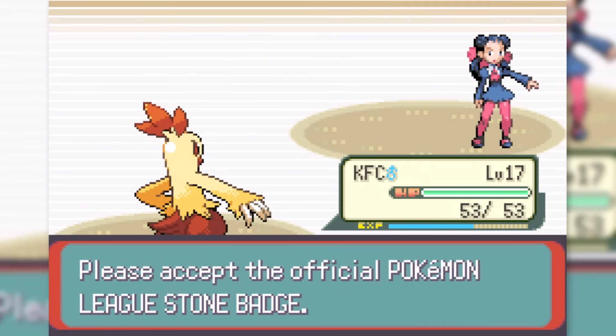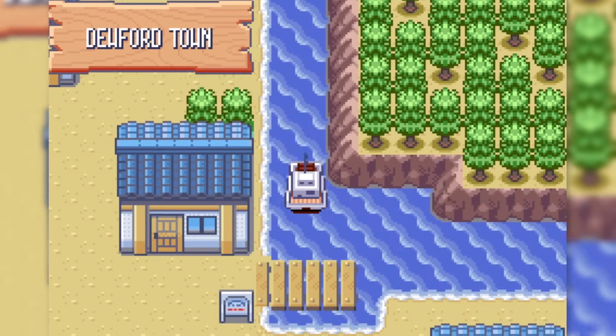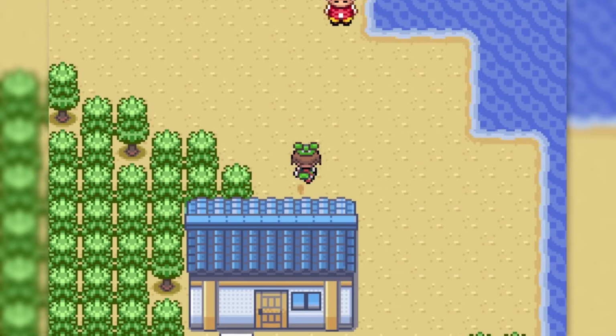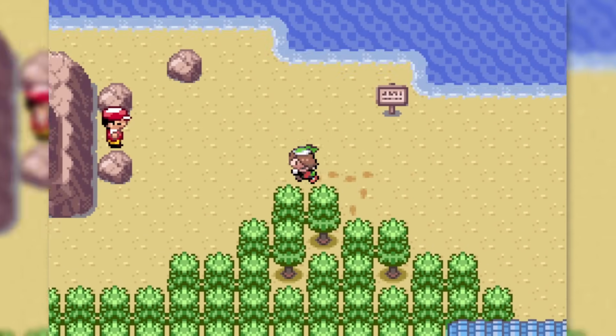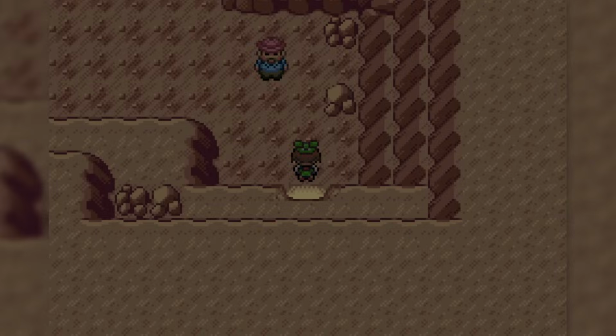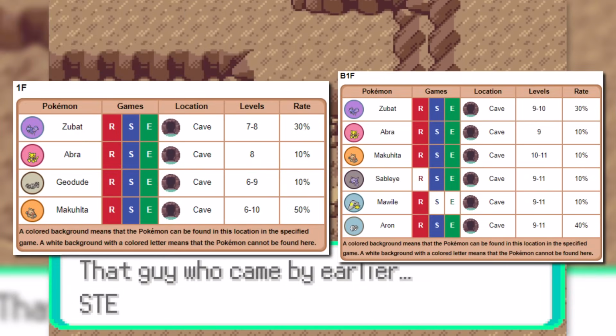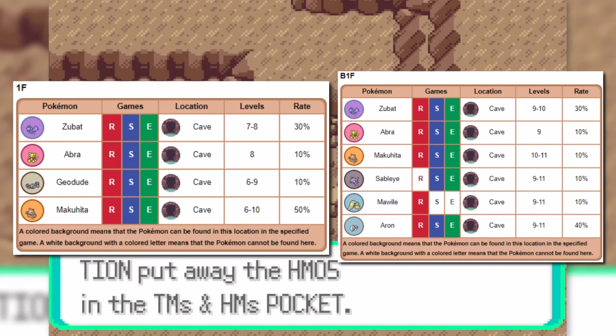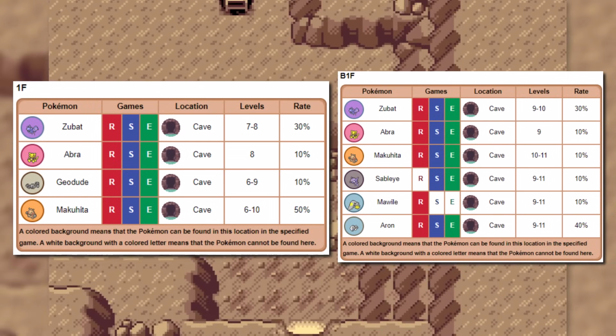Now with the Stone Badge in hand, we could take Mr. Briney's boat to Dewford Town, where we'll hunt for our next team member. There's not much to hunt besides Magikarp on the actual island, but if we head northwest to Granite Cave, we have plenty of options, like Geodude, Zubat, Makuhita, Sableye, Abra, Aron, and Mawile. All these options are great, but Geodude and Abra's final evolutions are locked behind trades, so it would be ideal